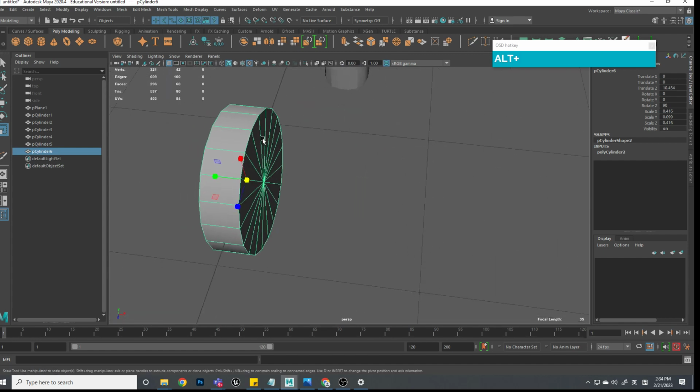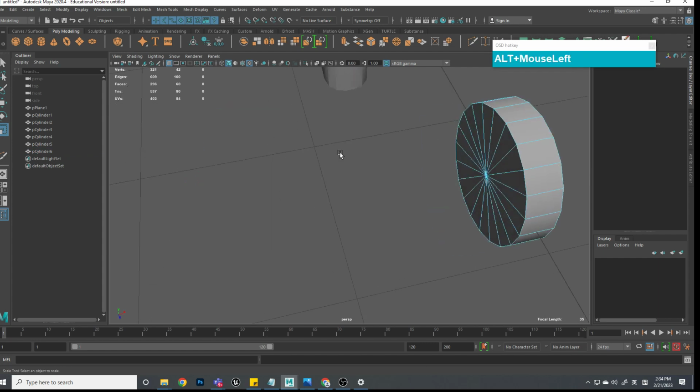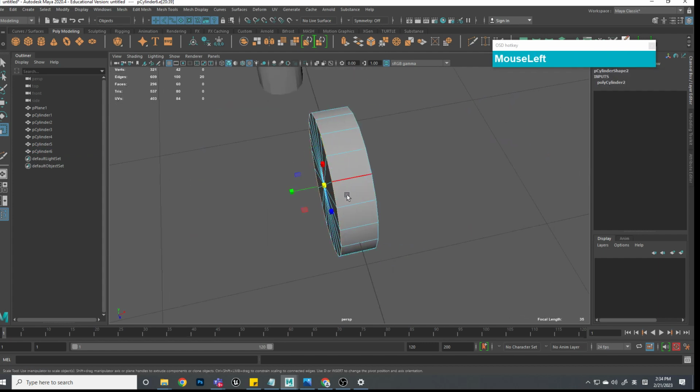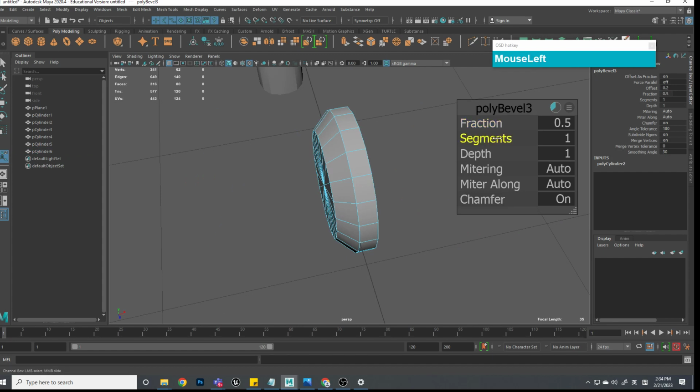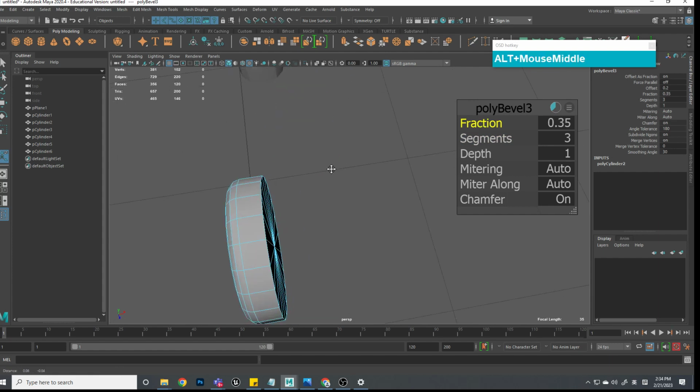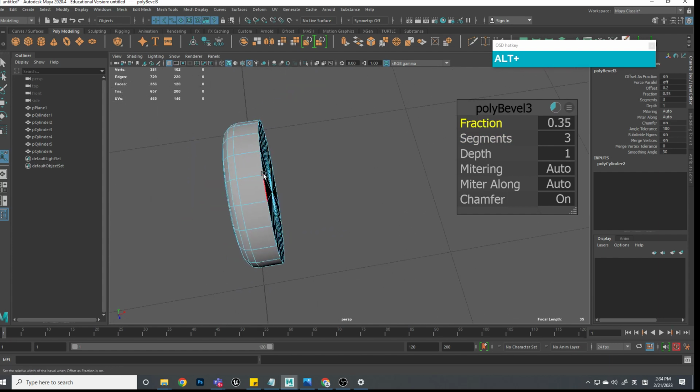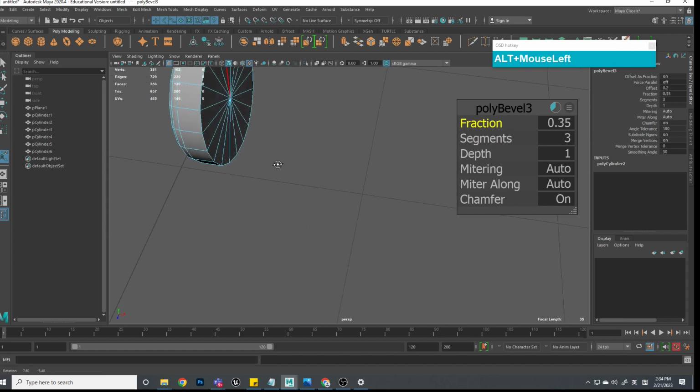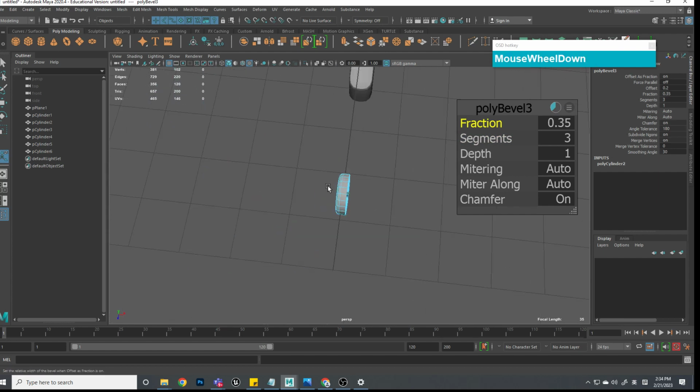Okay, so what I'm going to do is soften the edge of the wheel by double clicking to select the rim and then applying a bevel. Give it a number of segments, maybe 3 segments, then adjust the fraction. Then on this side here, I'm not going to apply any bevel, but what I'm going to do is select